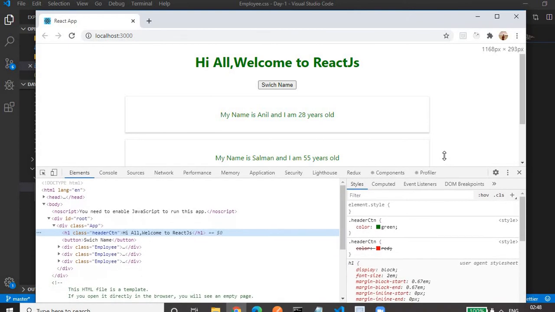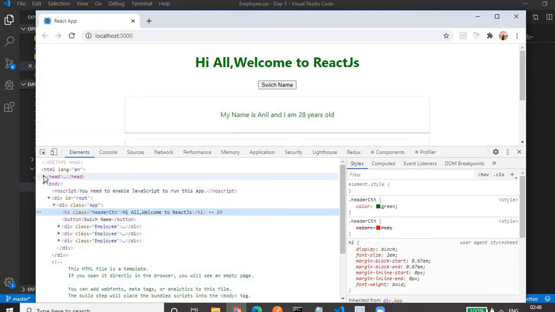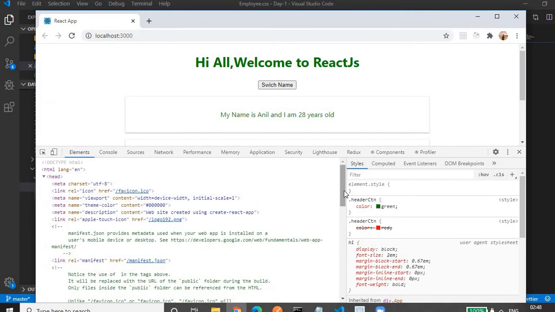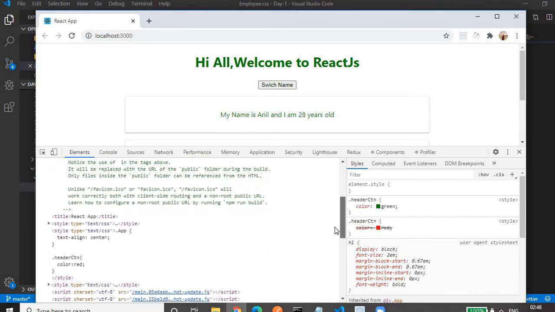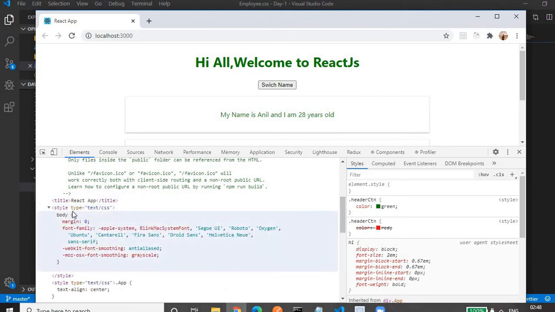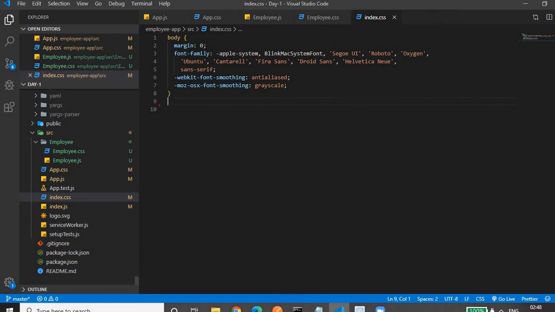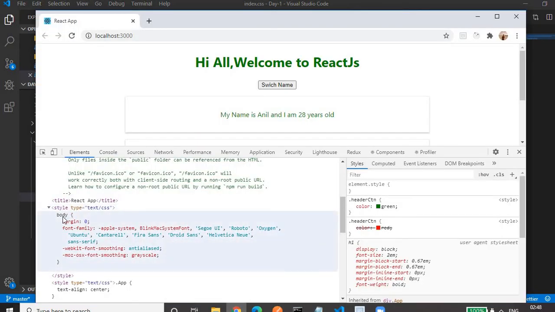You'll see it's a single page application, so this is the content for the entire page. We'll go to the head tag. In the head tag, if we scroll down, we'll find the style tag. This is the first style, in which some CSS properties are defined for the body tag. We have not defined this; it is already written in the index.css file, which we got when we created our application. The same thing is shown here, the header tag for the body CSS.